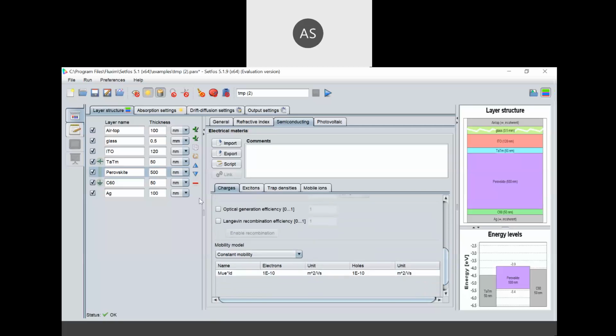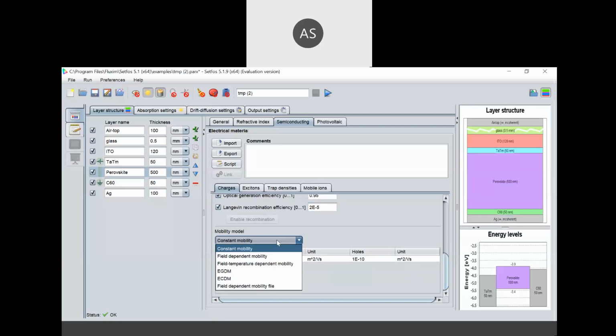And you can define the optical generation efficiency and Langevin recombination efficiency. These are the optical parameters. And these are the mobility models.